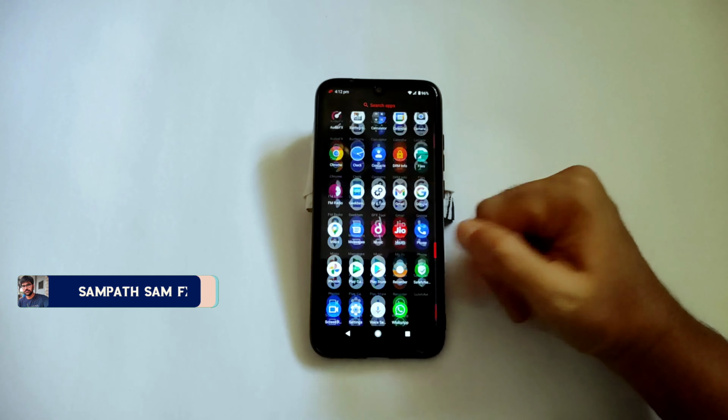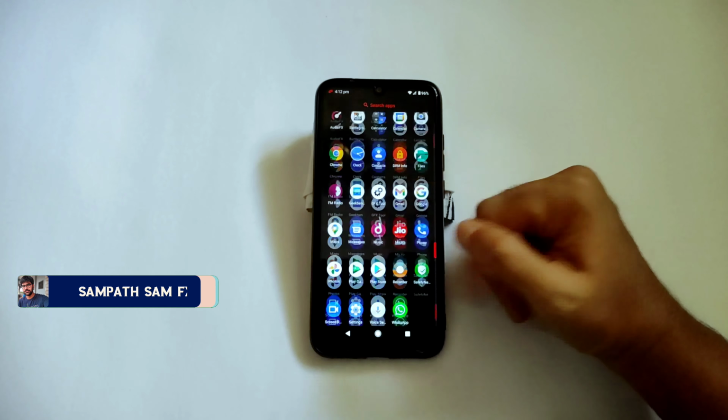And this is the Resurrection Remix 8.7.3 on this Redmi Note 7 Pro. This is the quick settings panel. Let me go into the settings panel here. As you can see, still on Android 10 only, but Resurrection Remix QSQ 8.7.3 Violet official GApps version. If you want, you can use vanilla OS also.